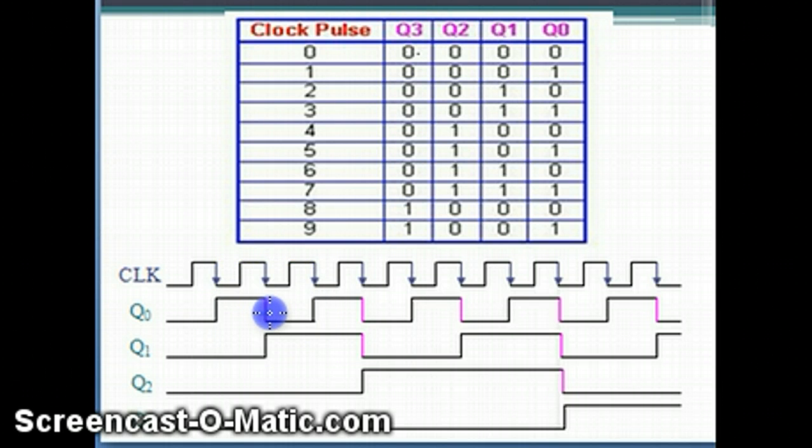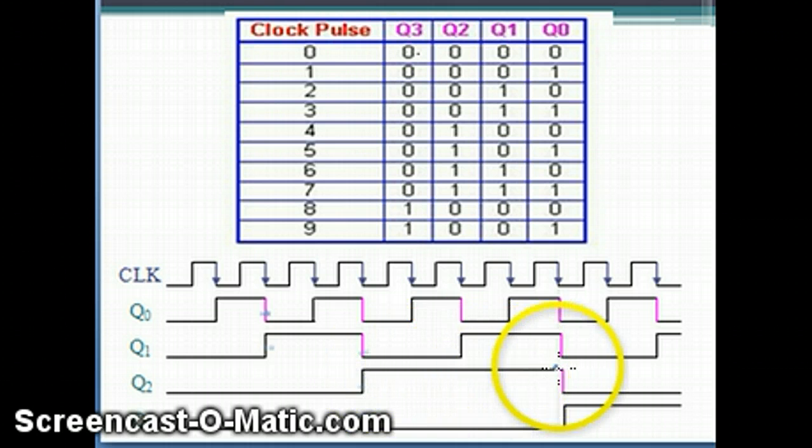This will serve as the clock to the flip-flop to which Q0 is connected as the clock input. So that bit Q1 will be toggled from 0 to 1. As you see, this will keep on happening, and when Q1 again toggles from 1 to 0, that will serve as the clock for the Q2 flip-flop. So when Q1 goes from 1 to 0, Q2 will be toggled from 0 to 1.